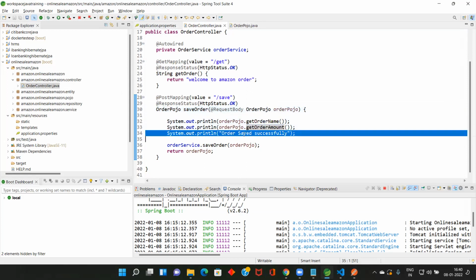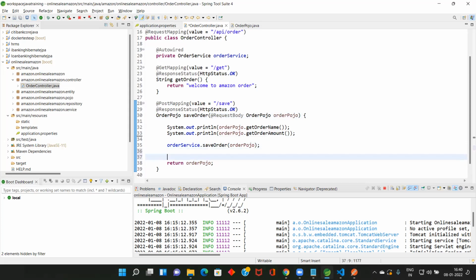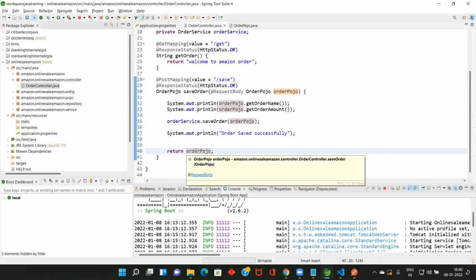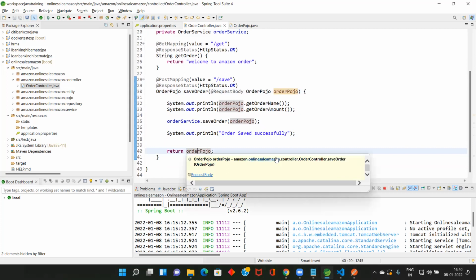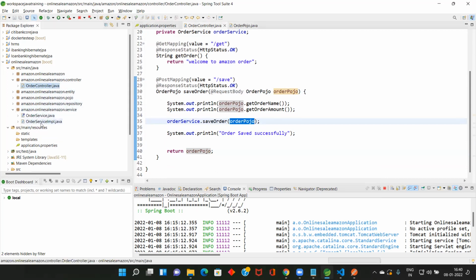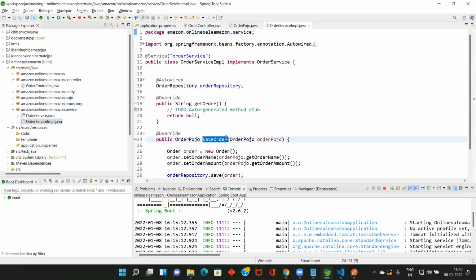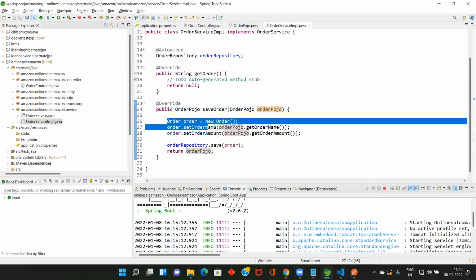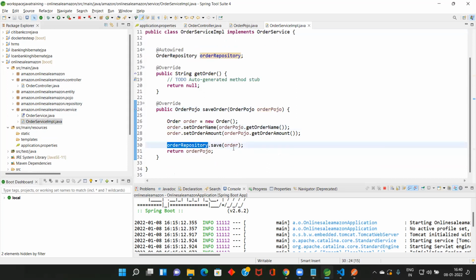After that, we are just printing it: order saved successfully. Let's move it with Control X to after this one. So then I'm returning the Pojo. We are not sending the ID, but the ID will be returned back. When you call this one, you are passing this Pojo, so it is pass by address. If you see my tutorial, you will understand. Now this also will be pointing to the same address as the controller. Pass by address, not value. Then I create the entity, I populate all the values, then I give it to the repository. Repository will save.